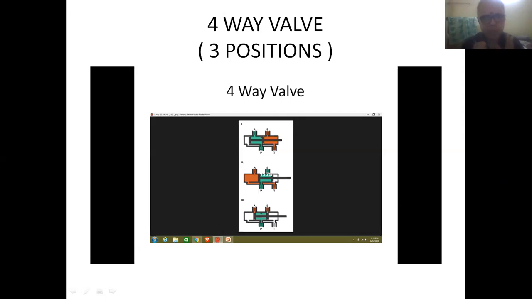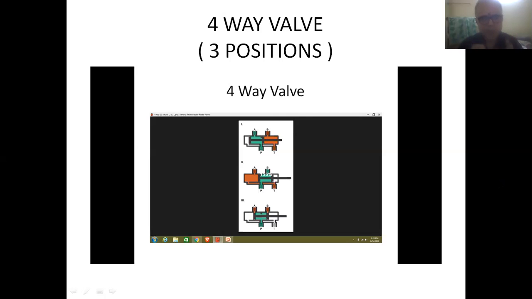Therefore, the fluid will be entering from the left-hand side of the piston, and it will be leaving from the right-hand side of the piston. So this first position of the valve is used for performing the forward stroke of the piston.